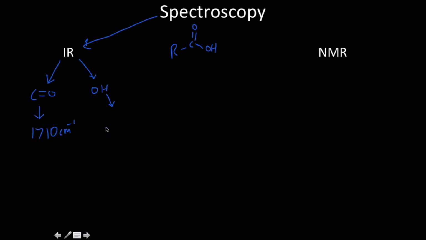And for the hydroxyl group, you're going to get readings at anywhere about 2500 to 3500 inverse centimeters. Now, for proton NMR spectroscopy, what you will see,